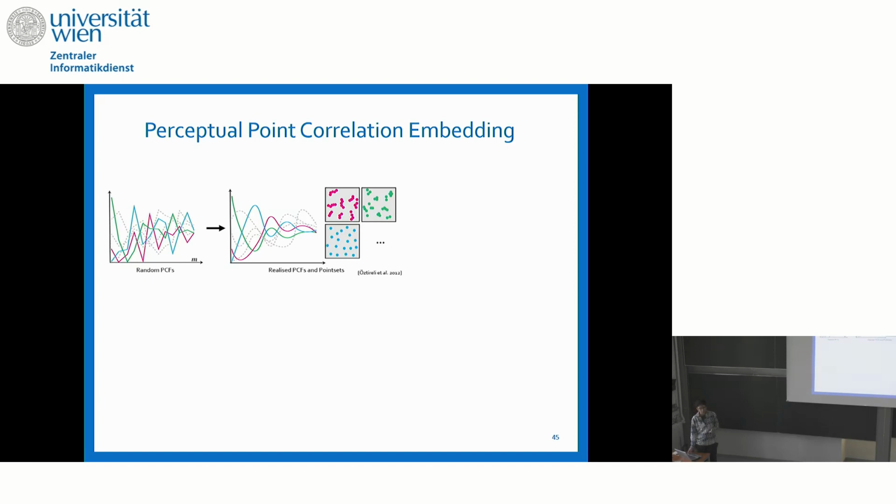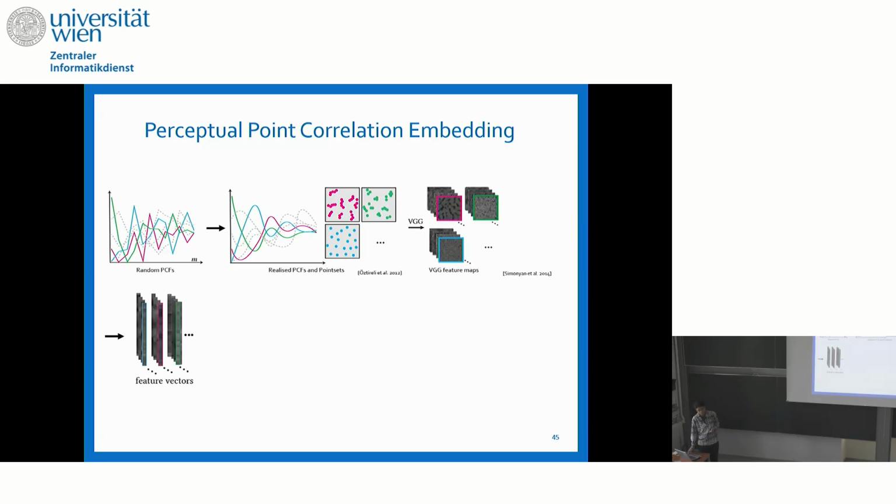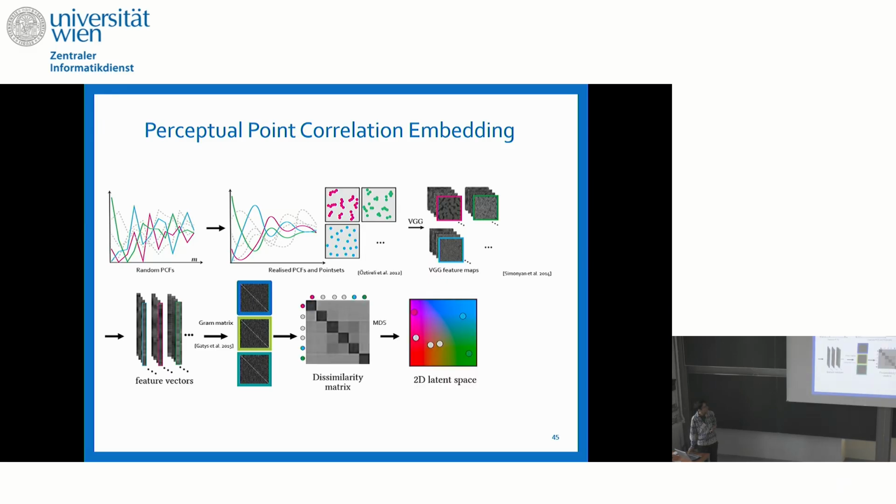Again, classical gram matrices from the dot product between these features. And then once we have that, we compute the dissimilarity matrix between these features, and then optimize the latent coordinates to preserve the distances given by these matrices, so that at the end of the day, when we end up with this 2D latent space, we have quite consistent distances based on these VGG features between correlations